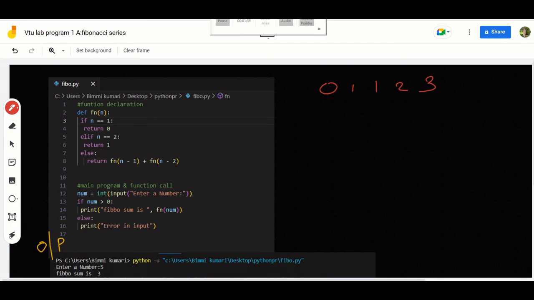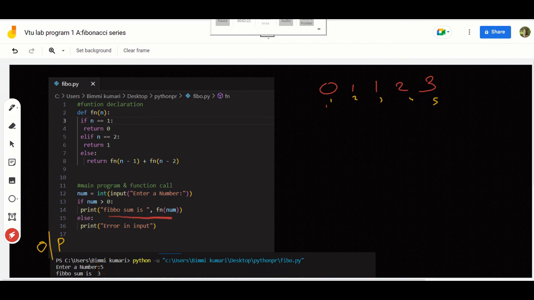Now, in this program you are taking the position of the element, whether you want the first position, second position, third position, fourth position, or fifth position. If the user gives position 0, what will you return? It will be an invalid input, right? So for that, first we will check whether the position given is greater than 0. If it is greater than 0, then we will call the Fibonacci function for that position. For example, if the user has given 5 here,